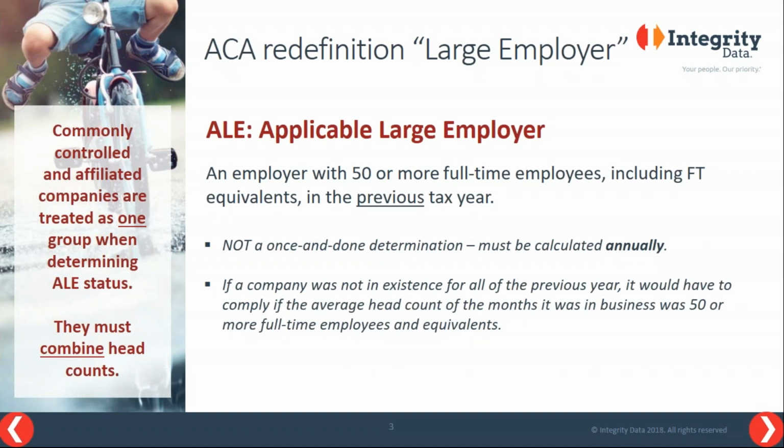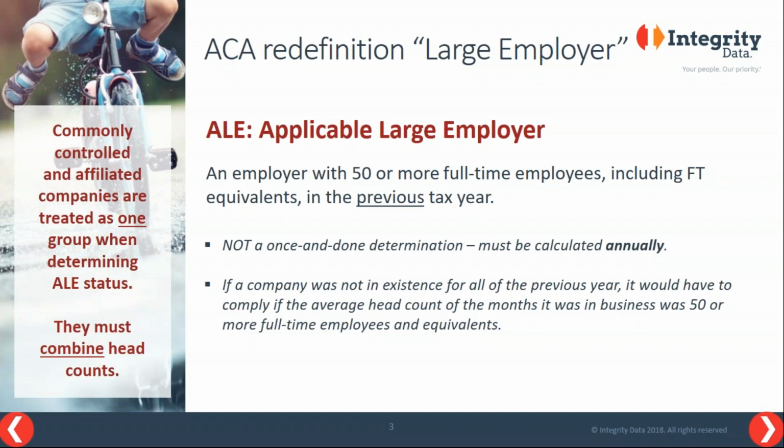So first, we're going to talk about applicable large employers. The ACA employer mandate only applies to U.S. organizations that are an applicable large employer, which is often called ALE. These are U.S. employers with 50 or more full-time employees and full-time equivalents on average in the previous tax year. It's likely you already know you're an ALE and the mandate applies to you. If you aren't certain, be sure to watch our 101 educational video on how to determine ALE status. You can find that video on our ACA education page, www.acafluent.com, which is also linked at the end of this slide deck.